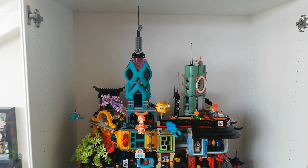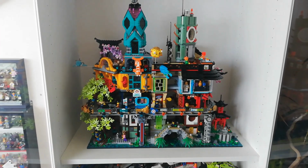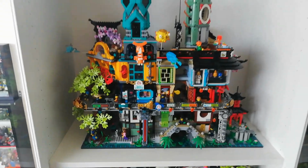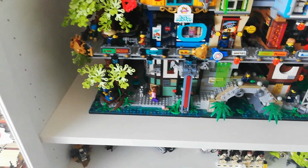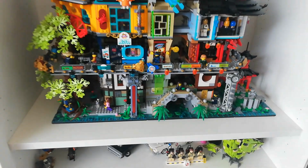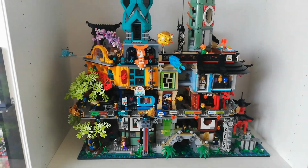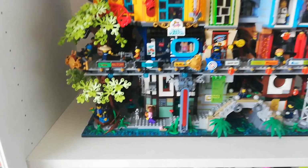But it's over 70 centimeters high, the garden, so it just about fits in here. And I may create some more water around eventually. But I think it looks really good just in the white. It just really pops, makes all the colours really stand out. And then moving down,